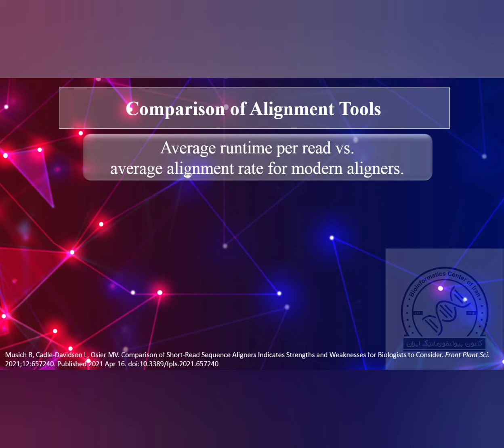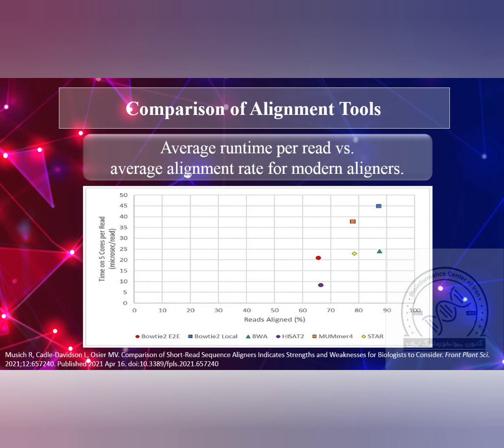There's also another thing that has been assessed in this study: the average runtime per read versus the average alignment rate for modern aligners. So here, the y-axis shows time on 5 cores per read as microseconds per read, and the x-axis shows the percentage of aligned reads. As you can see, we have the highest percentage of aligned reads for both Bowtie2 local and BWA. But still, the time for both of them is really long, especially for Bowtie2 local. As I mentioned at the beginning of the video, this is reasonable because it's a local alignment. But for BWA, let's say it's been adjusted. The second longest